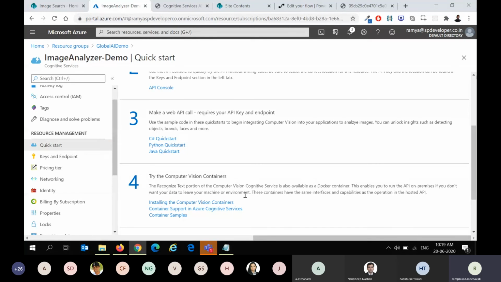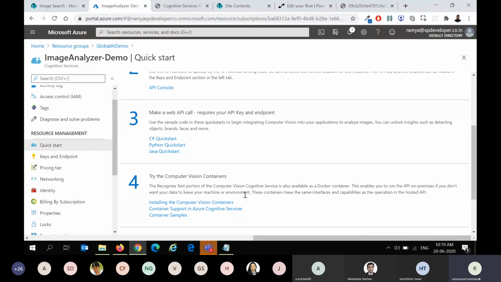And apart from this, we also have something called a custom vision API, where you can train the model. You can give a lot of data, like your custom images. Let's say you can show different automotive parts, right, and identify what part is defective and what part is working well.